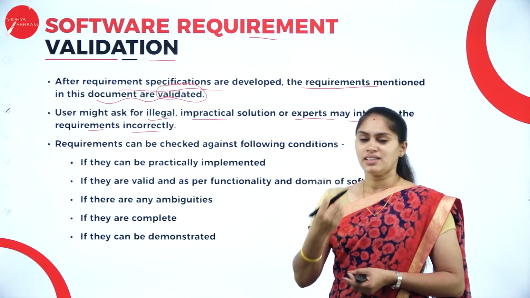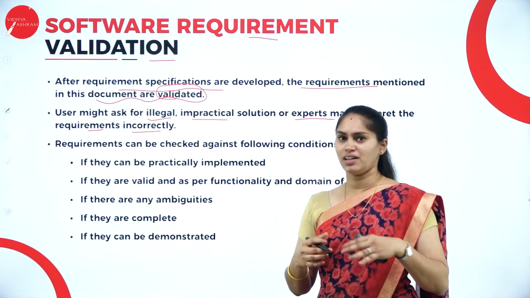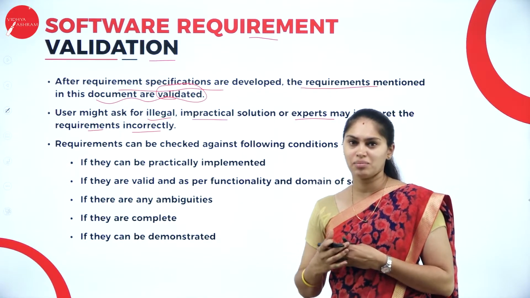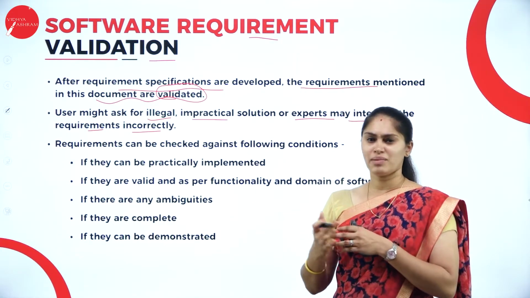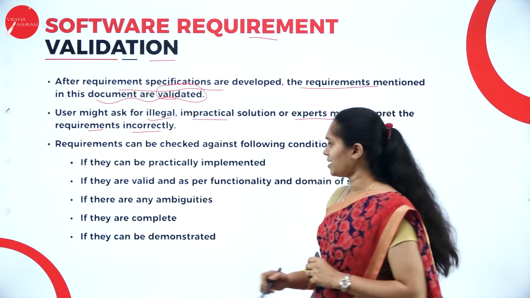That means their expectation will be different and my reality will be different. I am going to analyze that in my way and they are going to state their requirements in their way. So in order to minimize these risks, they are going to have this validation,